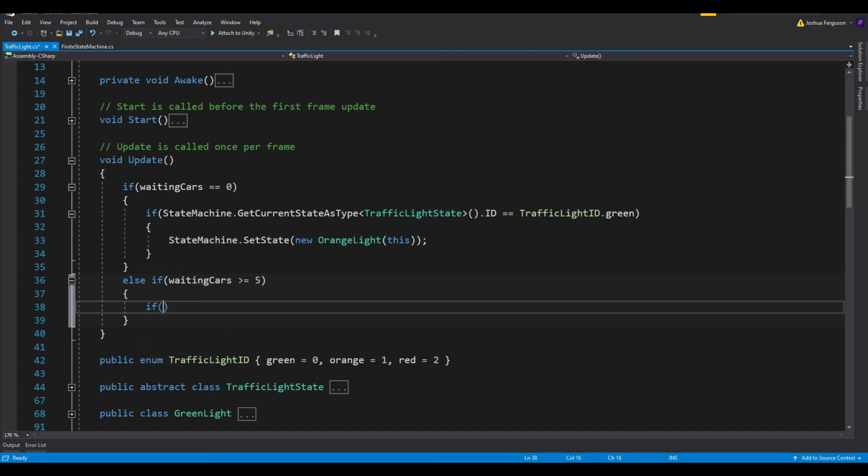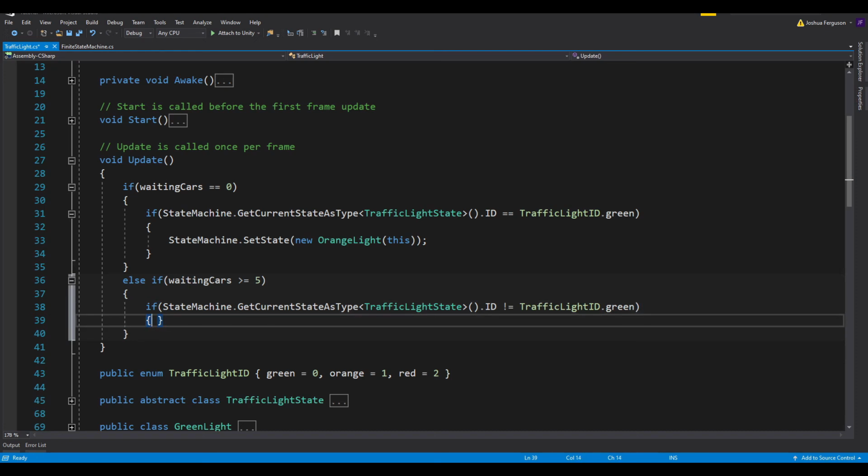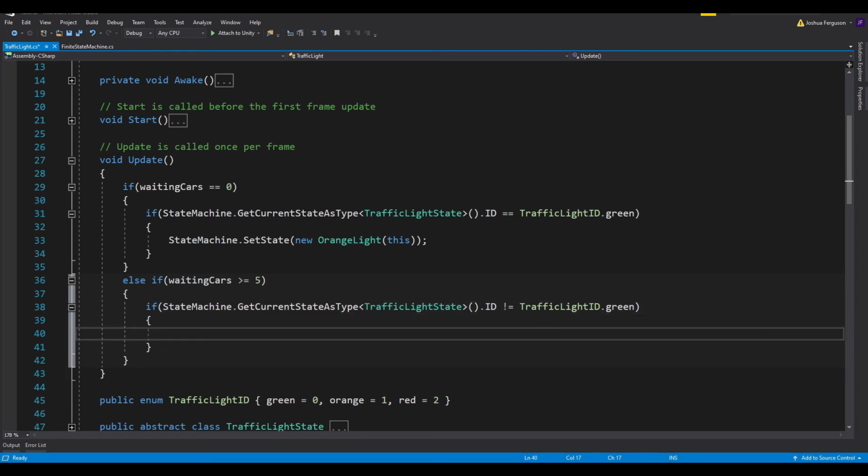So we'll open an if statement, and just like before, we have to check the ID of our current state. So we'll say state machine dot get current state as type traffic light state dot ID. And here we're just going to say if it's not equal to traffic light ID dot green. In this case, if we're not at a green light, then we want to change back to a green light so that we can let all the waiting cars through. So we'll say state machine dot set state